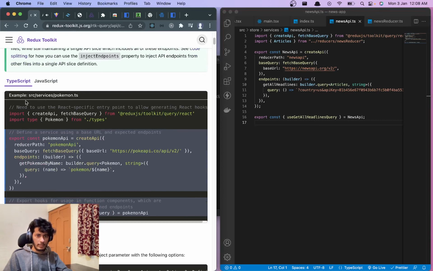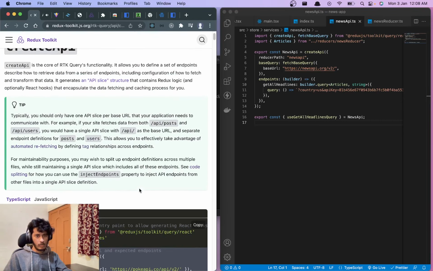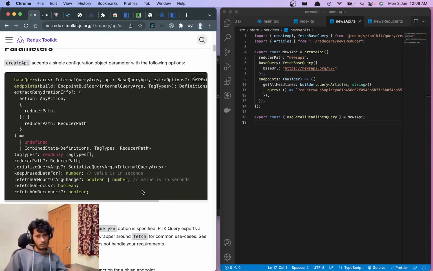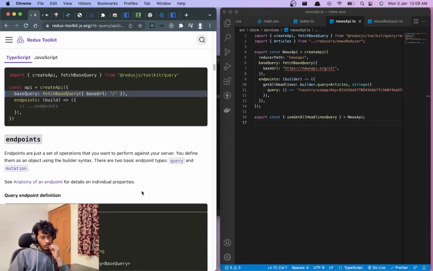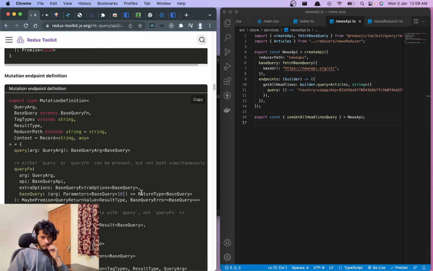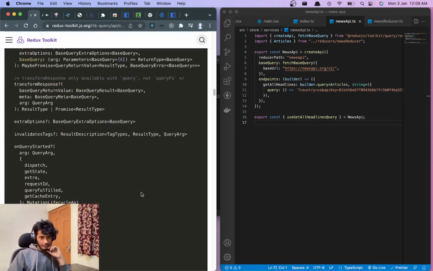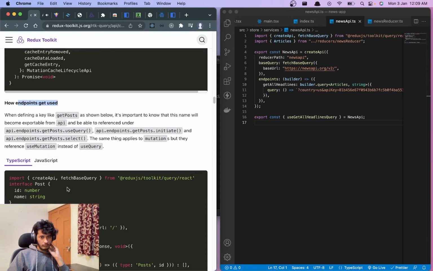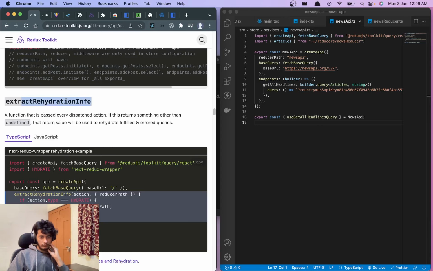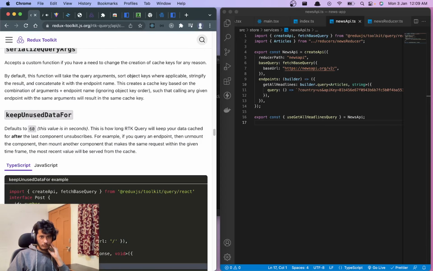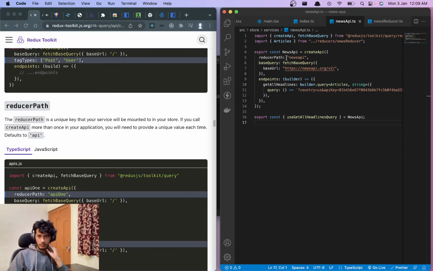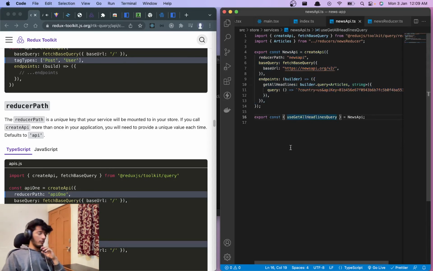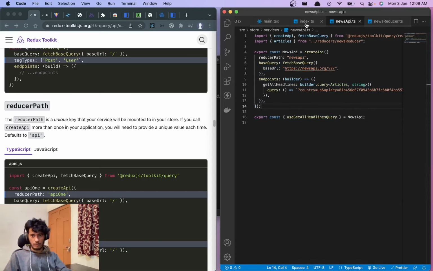Now the question is, is it like an endpoint? Right? Should we, I have one question, like, what if we just do this?